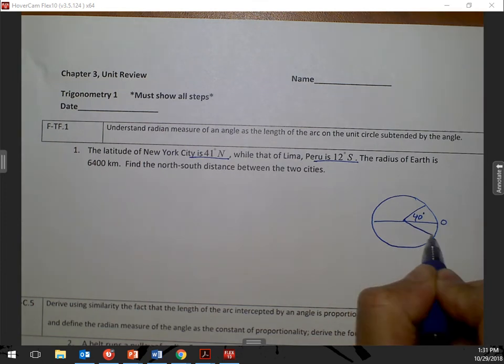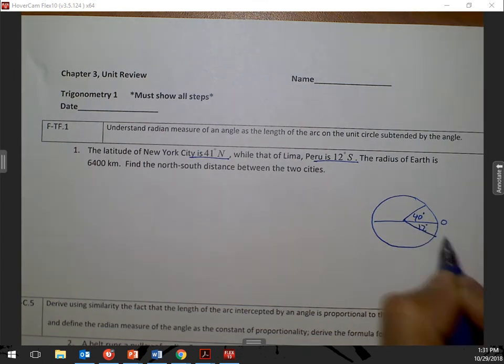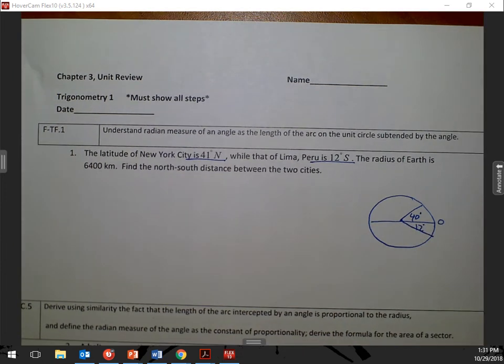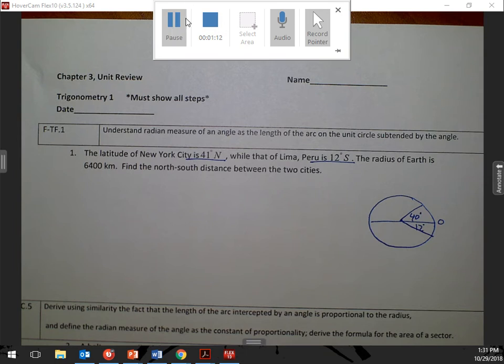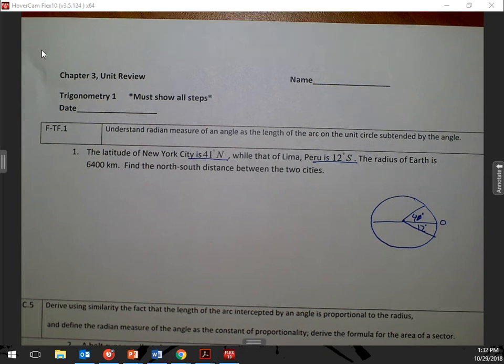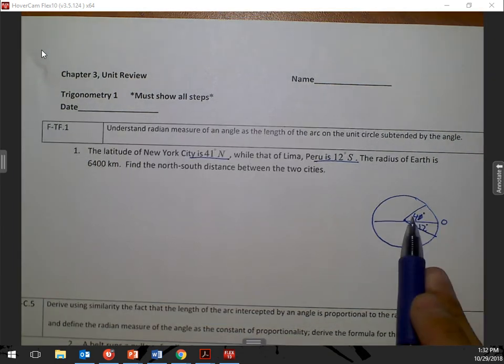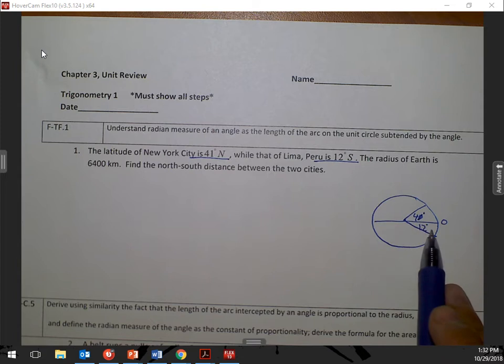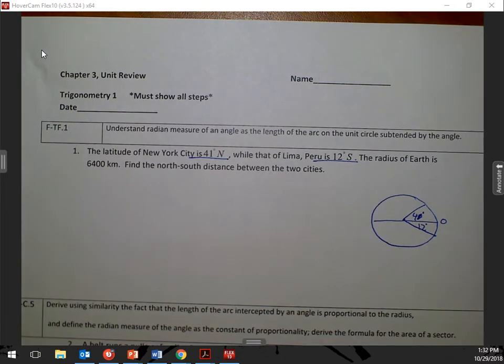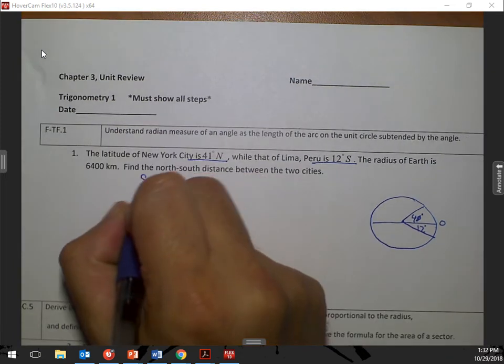And this one right here is 12 degrees south. Okay. So with this 41 and 12, my formula for this is going to be S equals